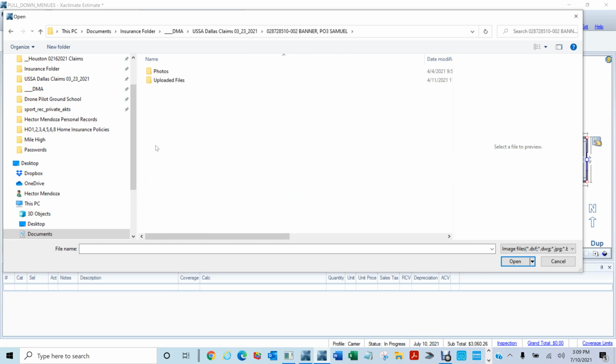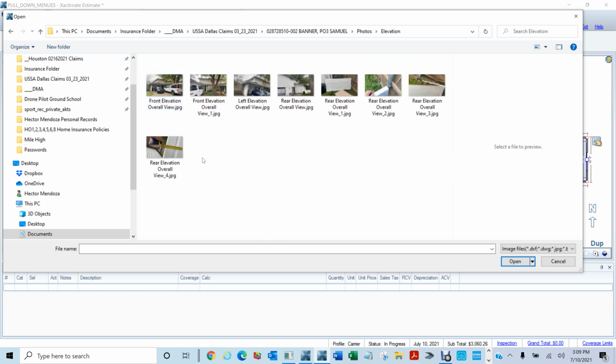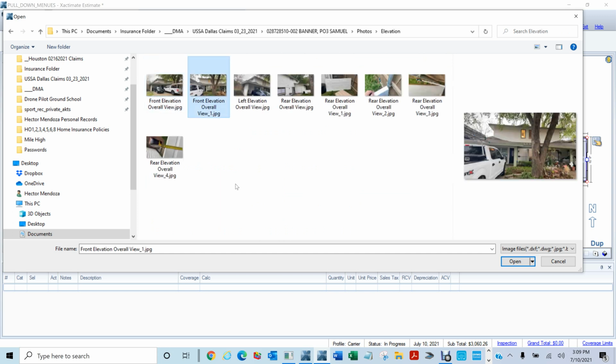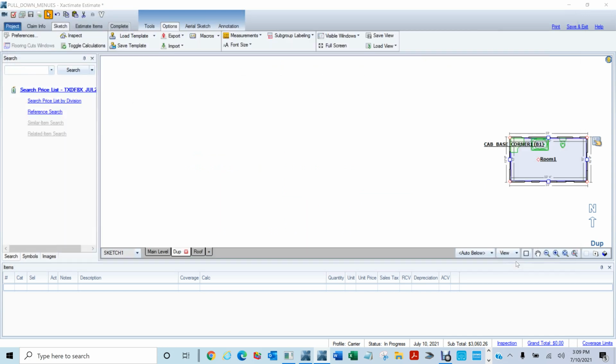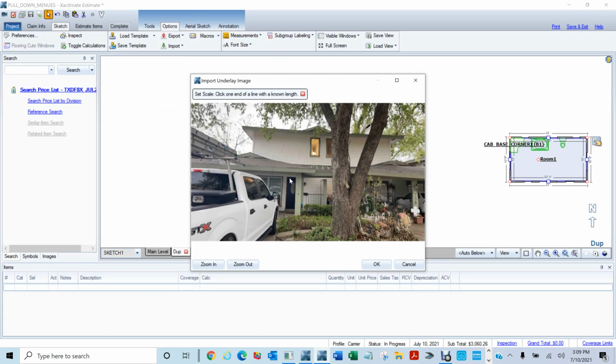Let me see if I can find a photo. Okay, elevations. Good, this will be good. This is not a very good example of one, but I'm going to hit OK. And I know from here to here is 6'8" because that's the size of a door. So 6 comes